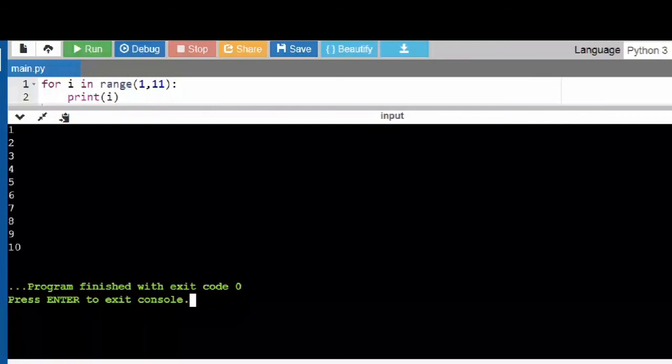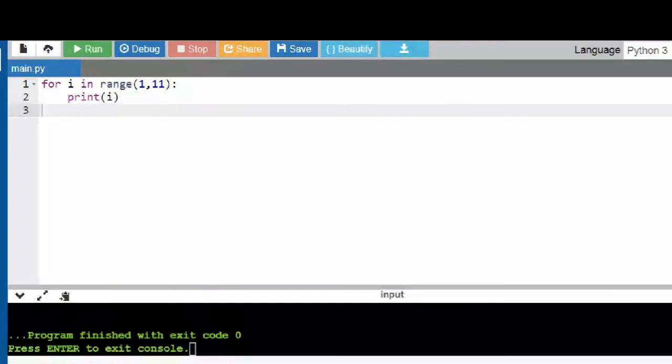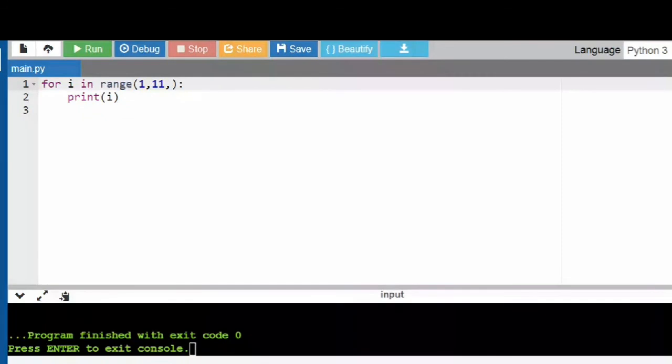In the range function, there is another argument, right? What is the third argument? The third argument is the step, which is optional. In the range function, there is another argument other than the beginning and ending, which is step. What is the value of step in this case? 1, ma'am. It's 1, right? In this case, it is 1. Good. But if you want it to increment by 2, I can give 2 over here.